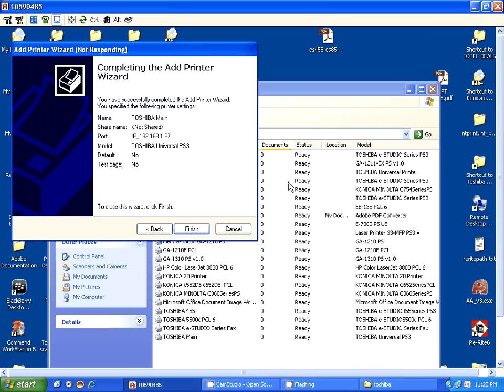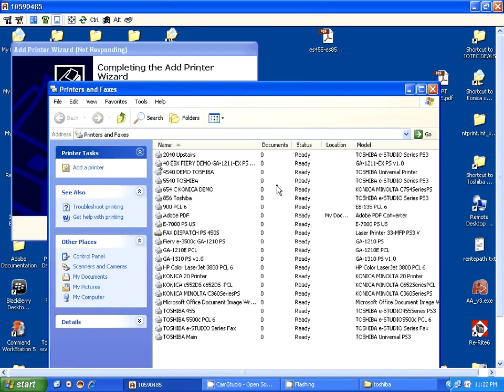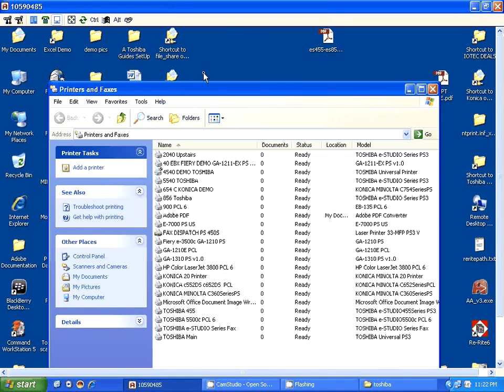Still trying to install. Here we go. Finished. So here it is, the Toshiba main, the one I just installed. Now, if you do have a color machine and you want to default the driver to black and white, so